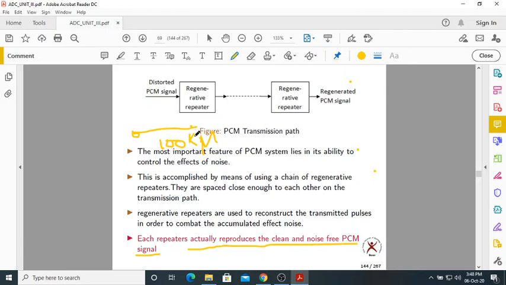Instead of removing the noise at point B, we are removing the noise at smaller distances. We remove noise here. Next, we remove noise after some small distance. Again, we remove noise after some small distance using these regenerative repeaters. We are not allowing noise to get accumulated. We are just removing it as soon as it is getting added. So that is called